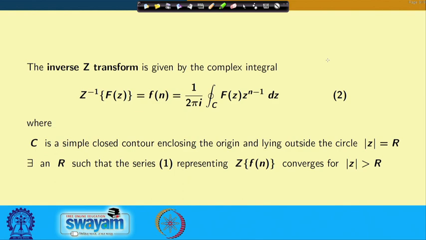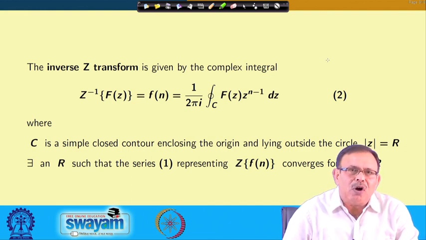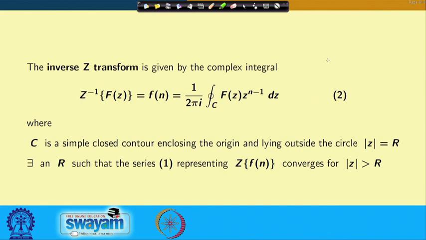And please note that there exists some r such that the series representing the Z transform of f n converges for modulus of z greater than r. So, please note this, that the inverse Z transform can also be found by evaluating the contour integral in the form of 1 by 2 pi i contour integral over c f z into z to the power n minus 1 into d z, where c is the simple closed contour enclosing